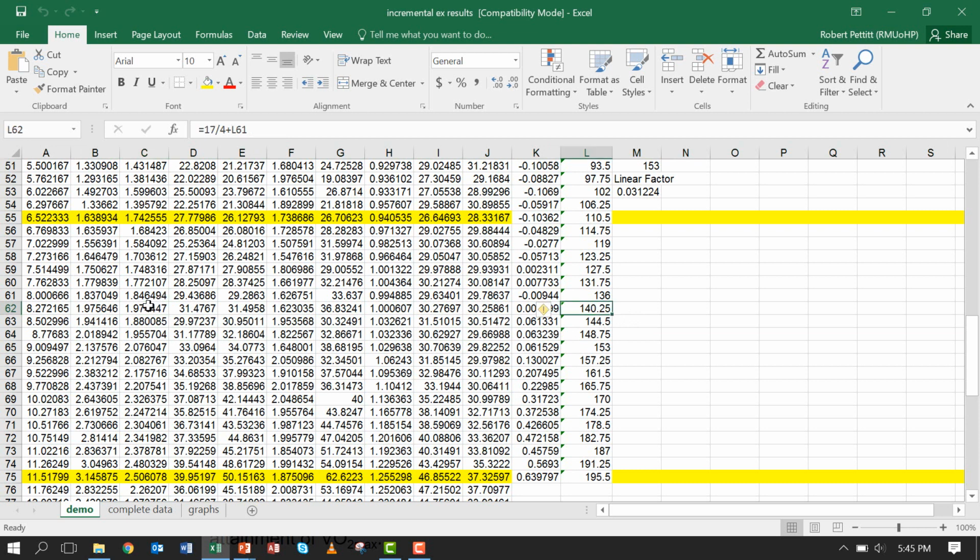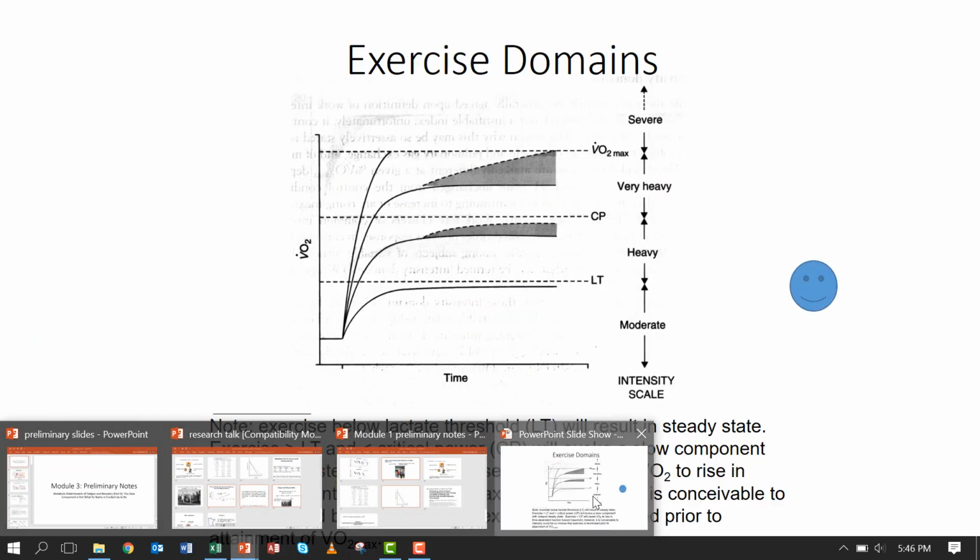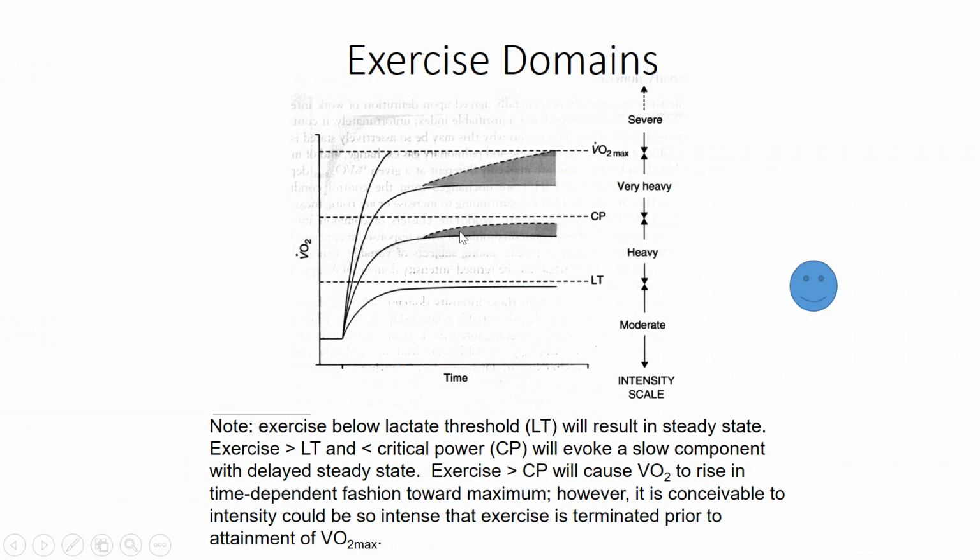If I put them at an intensity of 140, I'm expecting 1.97. Actual VO2 is going to be more like 2.5 liters. It's not quite. It will be 2.4. And the reason I say that is because 2.5 is VO2 max. And as long as you're below critical power, you can achieve that steady state. So let's return to the slides. That's what that's referring to: you can have a delayed steady state if you're exercising between threshold and